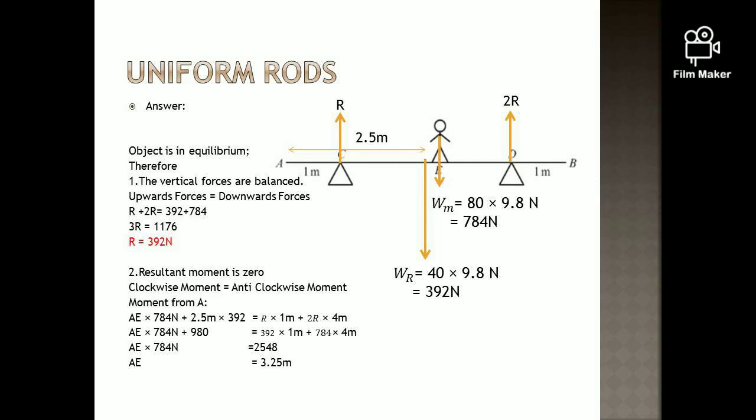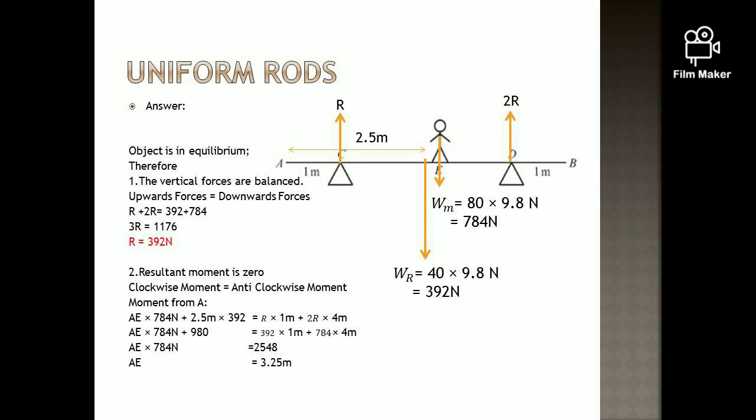Then to find the length AE, where the system remains in equilibrium, you can consider the moments from any point. I prefer to consider the moments from A because that would be easier for me to get the length. So if you work it out over here, you know that the clockwise moment equals the anti-clockwise moment. So I can mark AE, the length from A to the man, AE into the weight, 784, plus